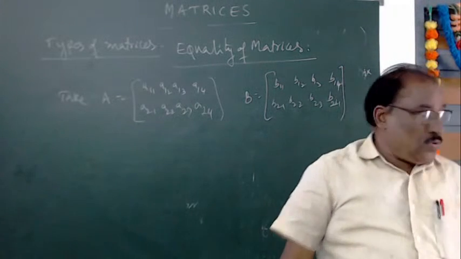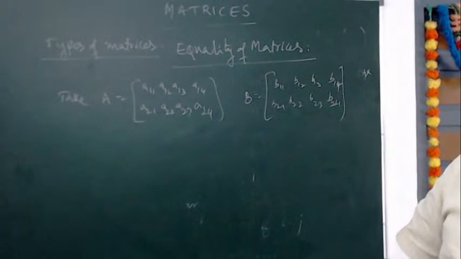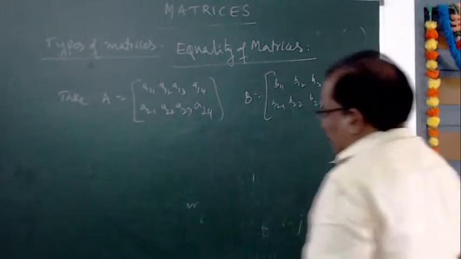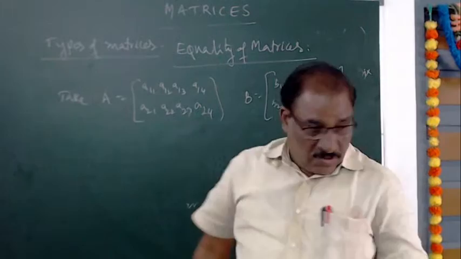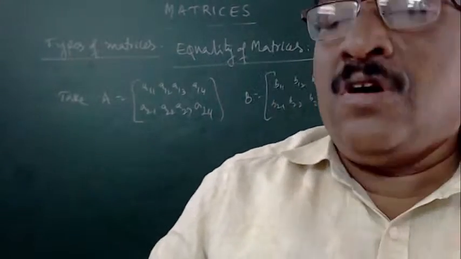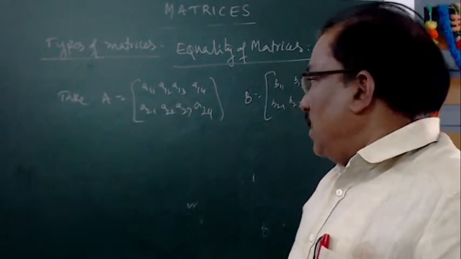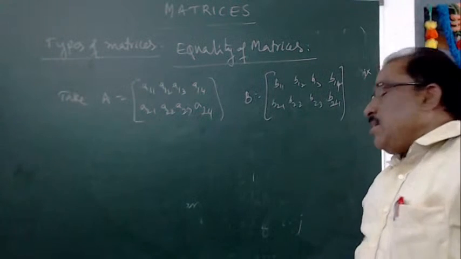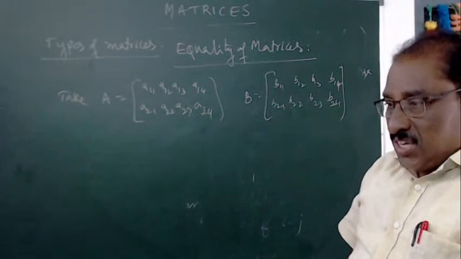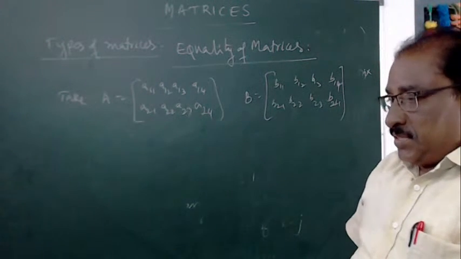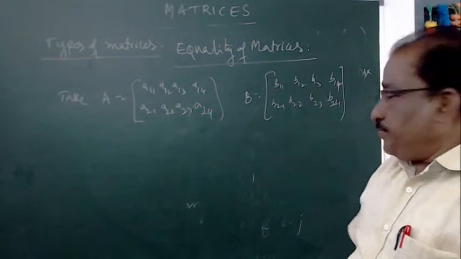Take these two matrices, A and B. The matrices A and B, capital A and capital B, are with the same order and the